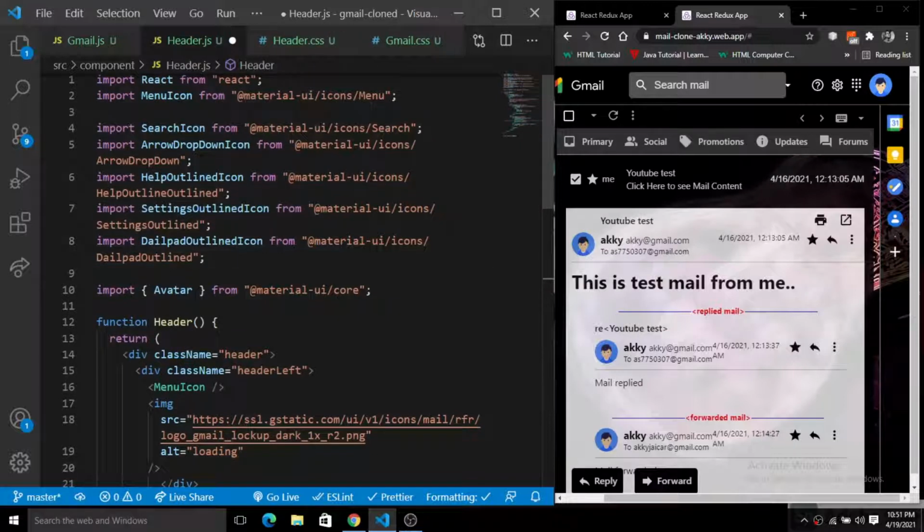You will see all the icons will be rendering on the screen, and the only thing that is left here is the styling. So we will style this also, right? So let it compile first of all.